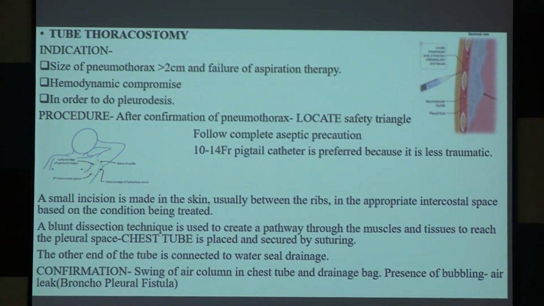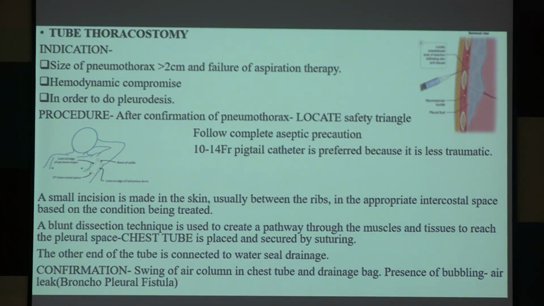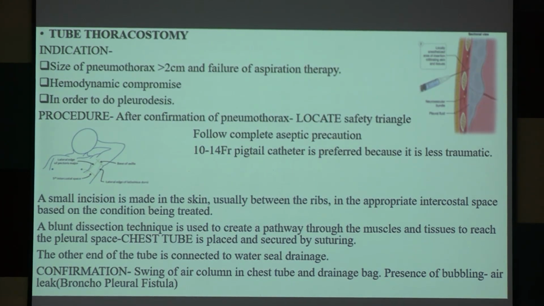The other end of the tube is connected to water seal drainage. So what is the mechanism of connection of the tube to the water seal drainage? Why couldn't I just leave the tube in open air? Because of a one way valve, very good, this is a one way valve. Because if I put the tube, then what will happen? See, basically, normally